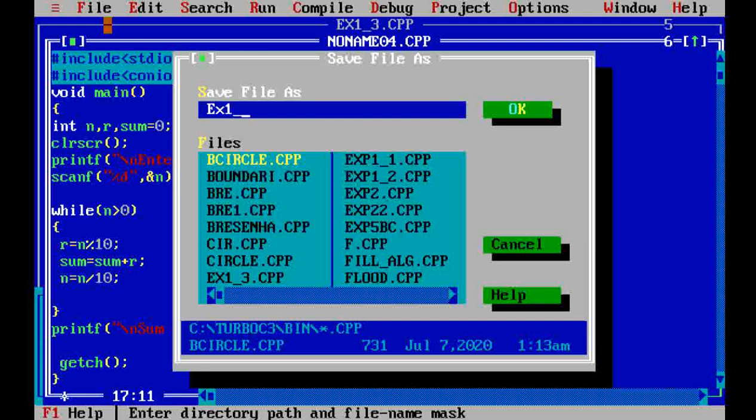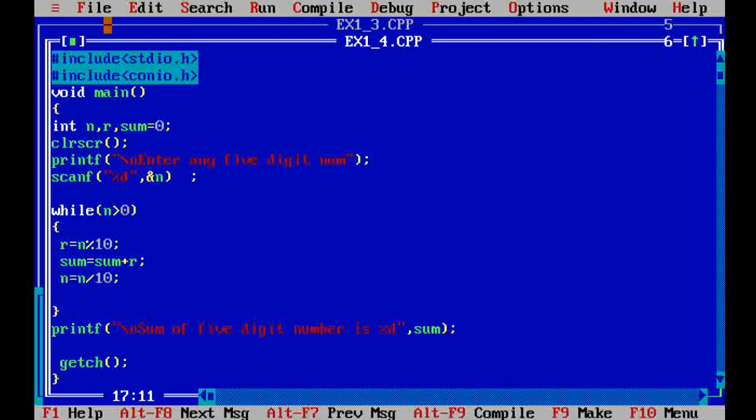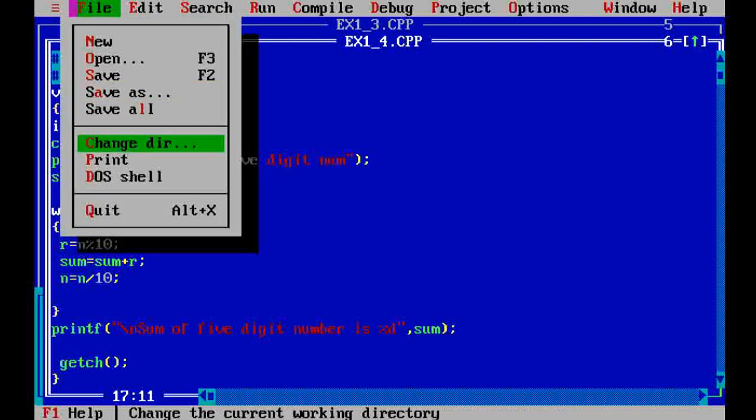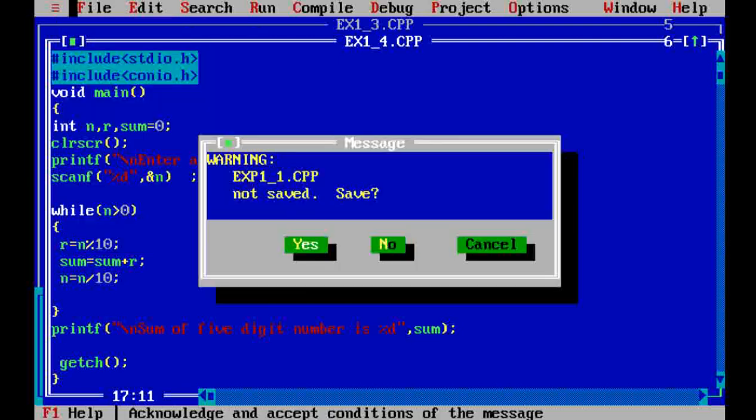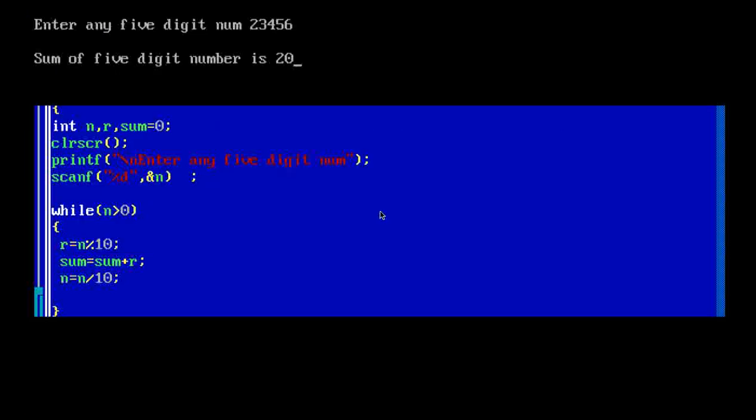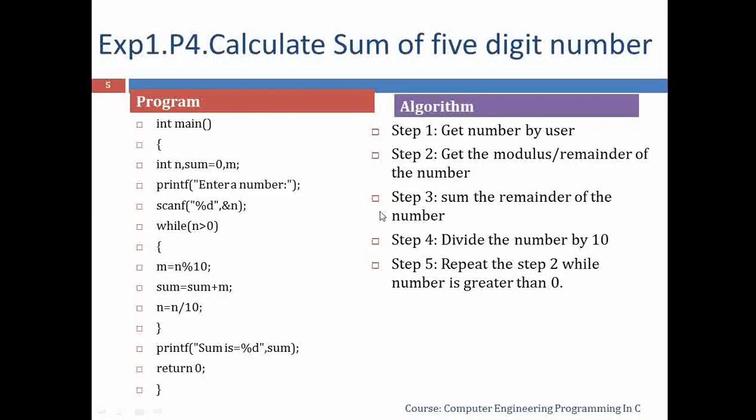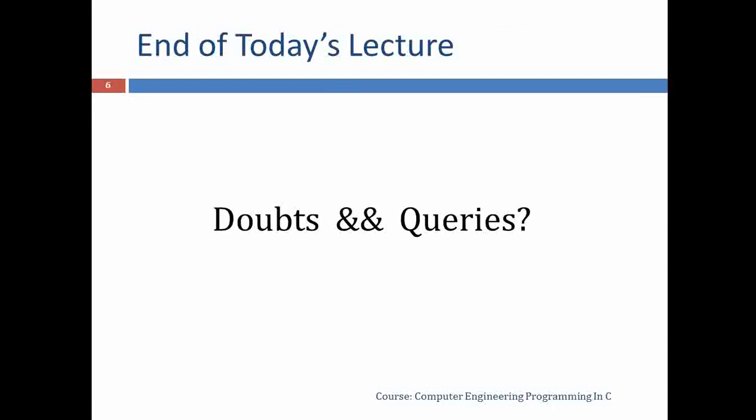You write or save the program in your system, for example x1 underscore port program dot cpp, and after completion you close it by using quit or Alt X. Save the program and exit. This is the end of today's first experiment or programs of first unit.